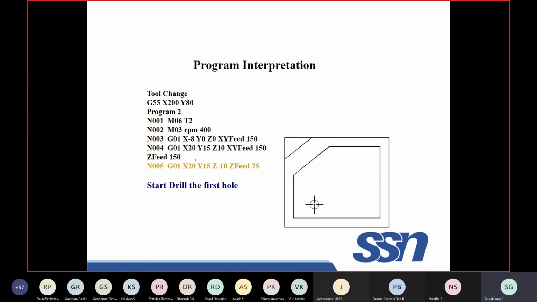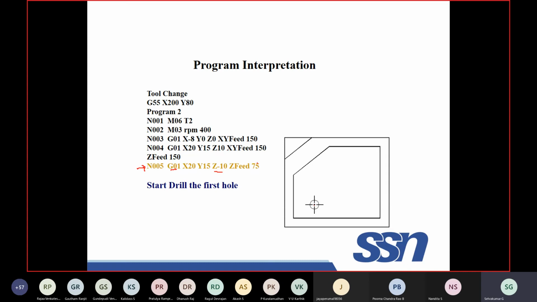Next, here G01 linear interpolation, X20 Y15. Now my tool is here, exactly here. Z is -10, means through hole I am making. Depth of cut, or you can say the depth of the hole is 10 mm. As per this block, tool will go to the center point and a circle is made.